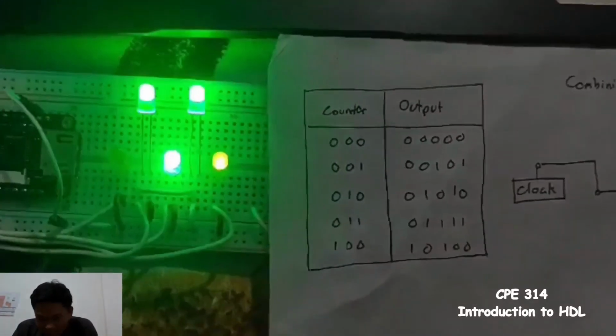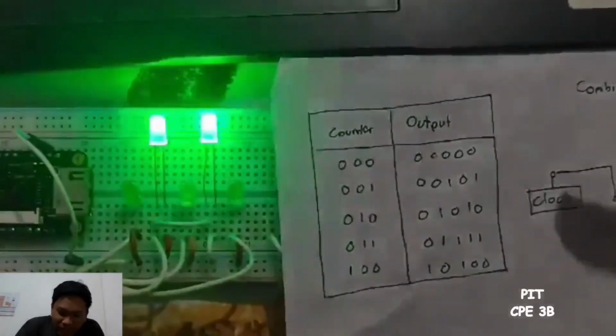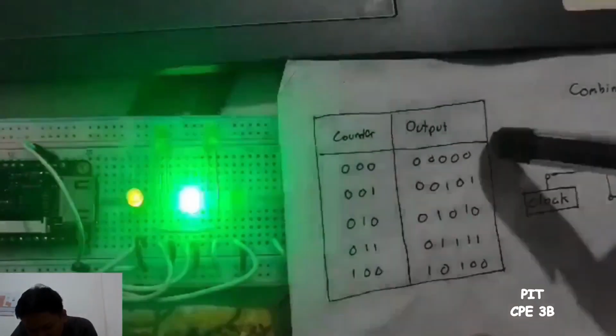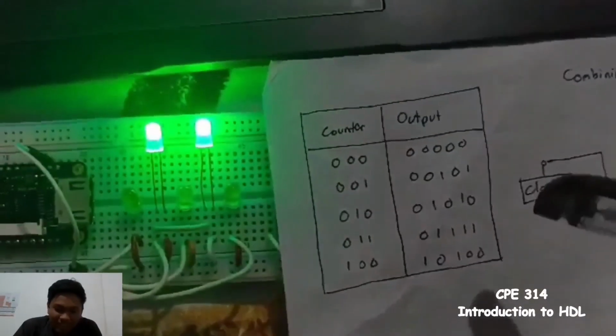So this is the output of the 0 to 4 counter. So the first output is multiplied by 5. So the output is all off. And the second output is